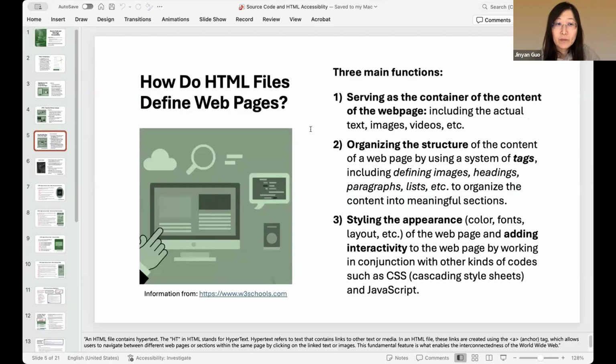So how do HTML files define a web page? There are three main functions. First, the HTML file serves as the container of the content of the web page, including the actual text, the image, the video displayed on the web page, such as the file we create in Brightspace. If you insert a video for the students or an image, right? It's all actually contained in the